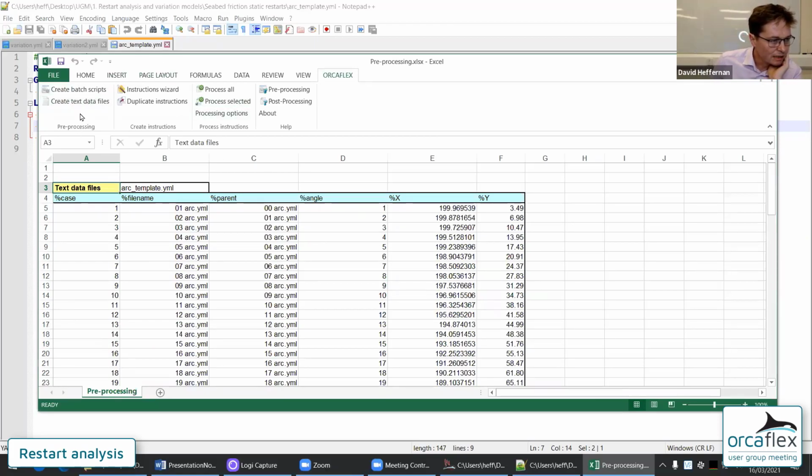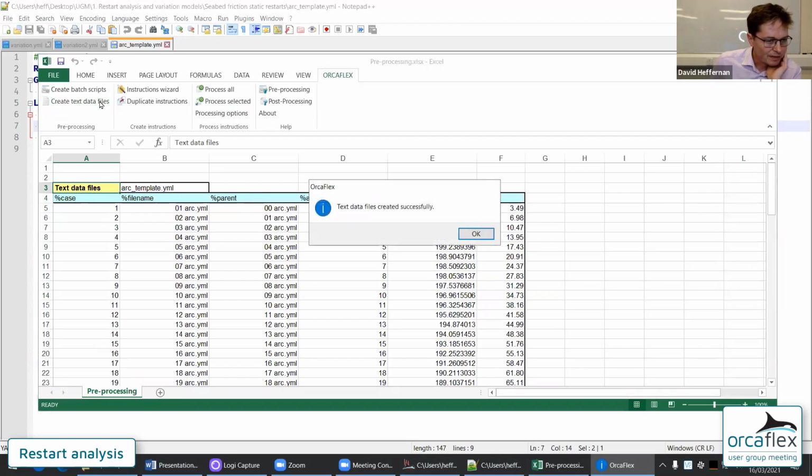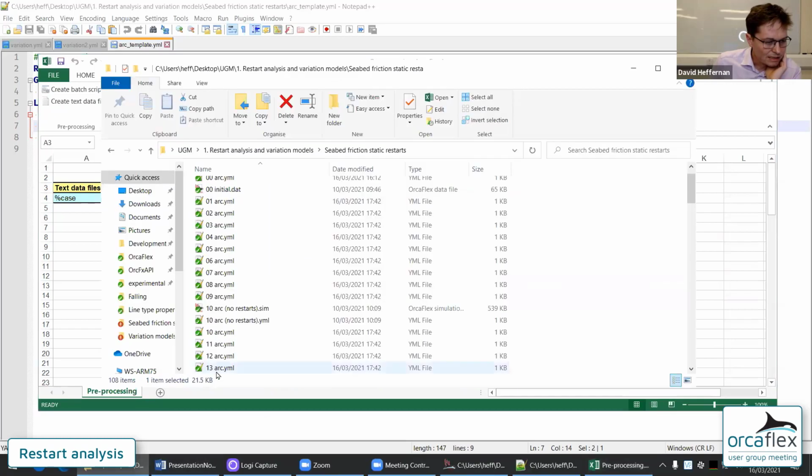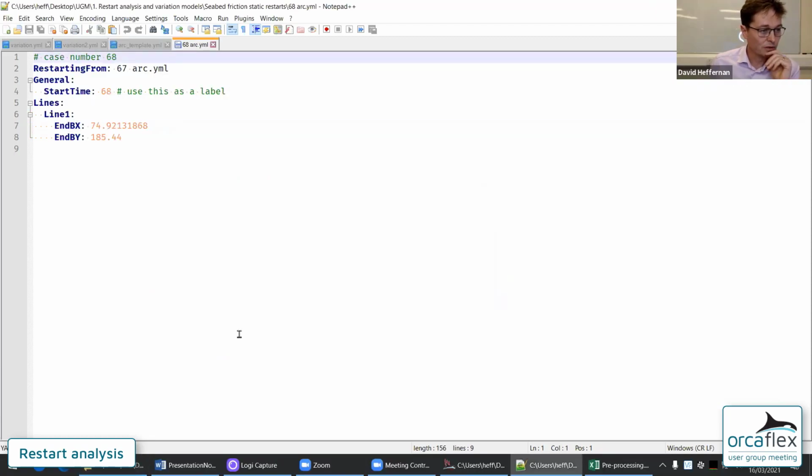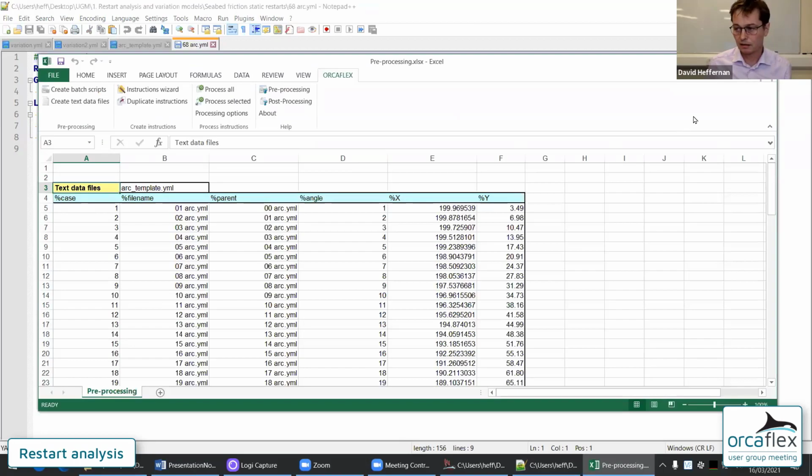But if I click on create text data files, what I see now is a whole load of files that have just been created, YAML files. Let's just pick one. Each one has had the values in the template replaced by values from a particular row of this table.